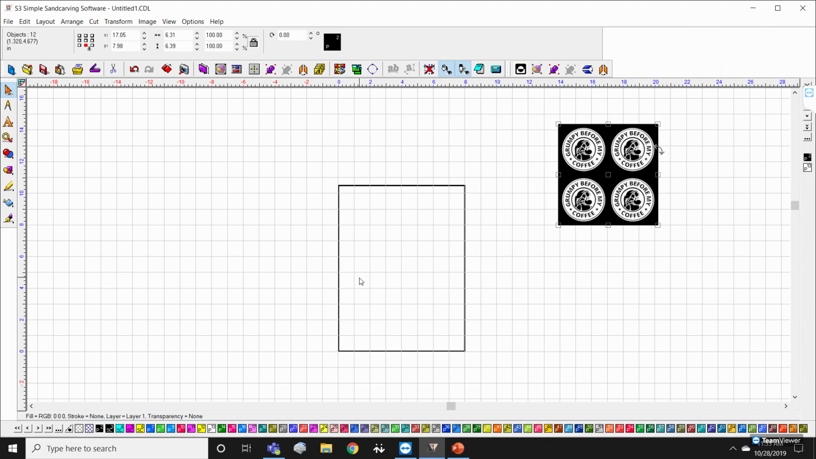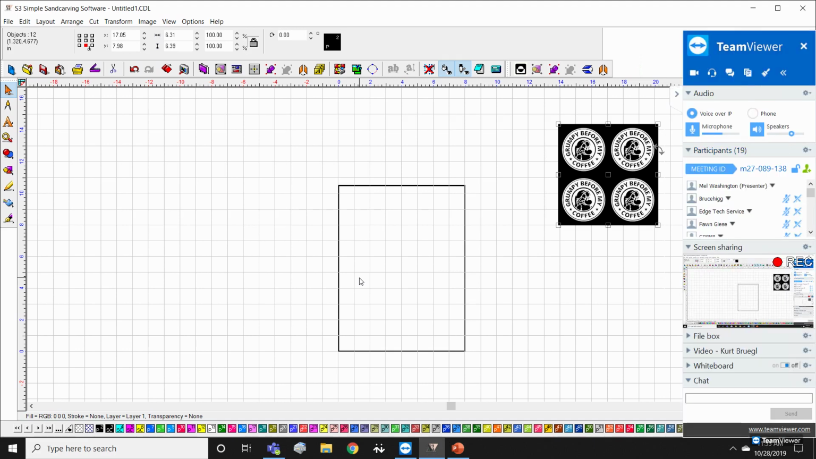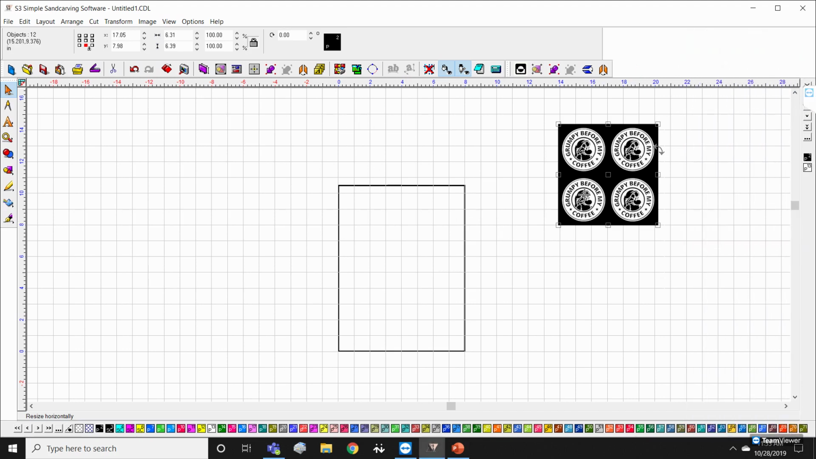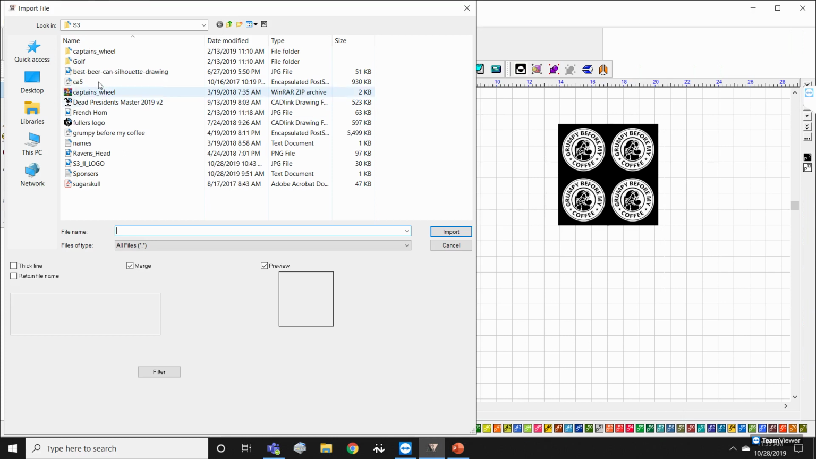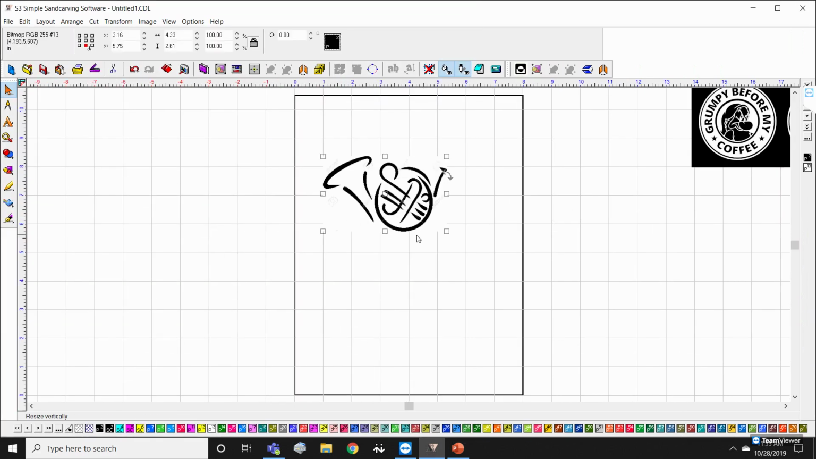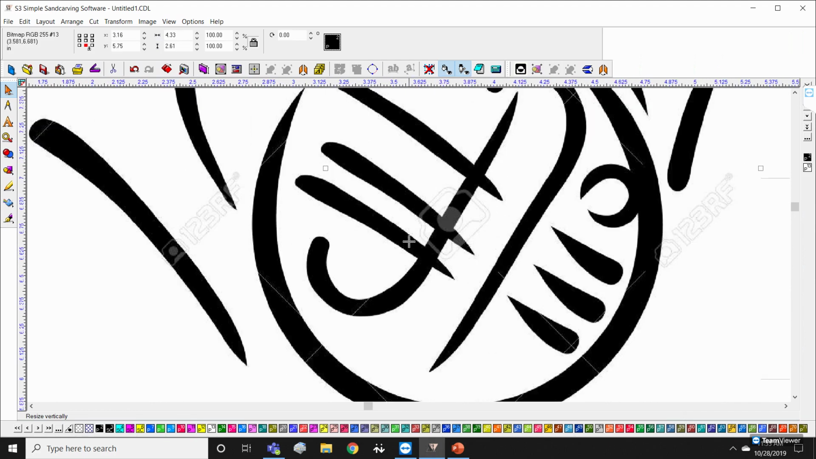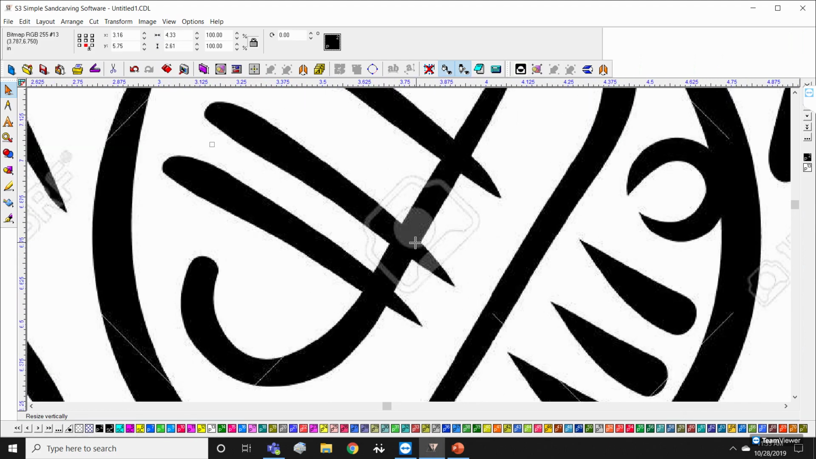There's something else that we can do with our S3 software, and that's we can take graphics that may not be vectors already, and we can vectorize them so that we can invert them. So I'm going to bring in one of my favorite instruments of choice, the French horn. And as you can see, there's spoilers. Not only are there spoilers in this graphic,